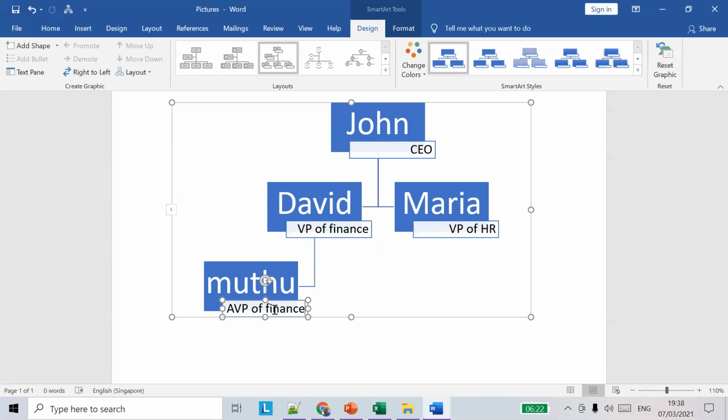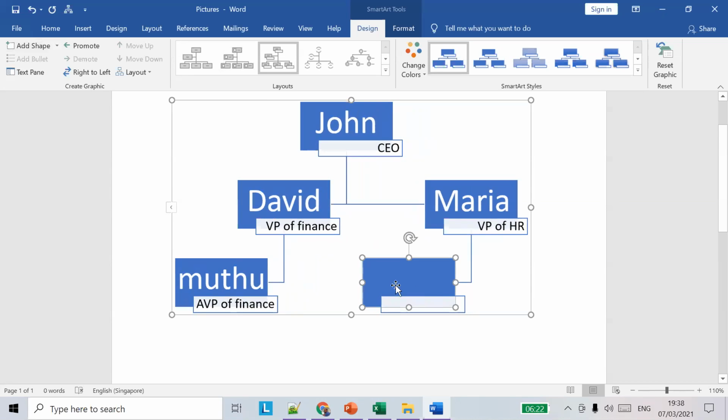So similarly, we can draw this financial structure. You can use these options. Under Maria, you can add another assistant, saying Bala is the AVP of HR.